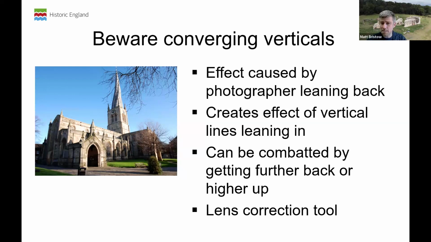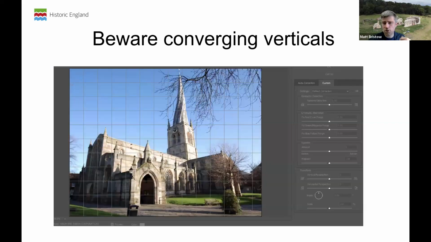Again, not always possible. If you have access to Photoshop, Photoshop does have this thing called lens correction. It's one of the tools. Opening lens correction in its custom setting puts a grid onto your photograph. And then you've got a series of tools that allow you to de-warp, to bend the image forward and backwards, to tilt, to bring it towards you, away from you, back, forward, and essentially digitally correct those converging